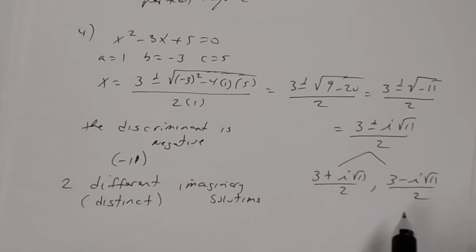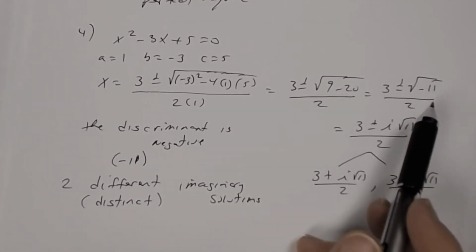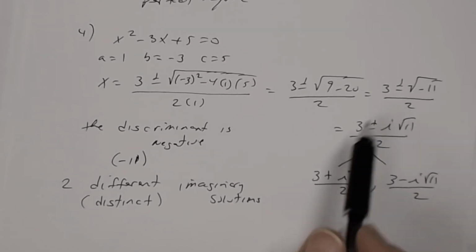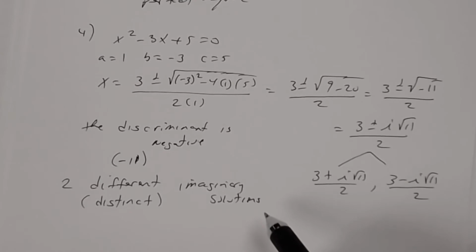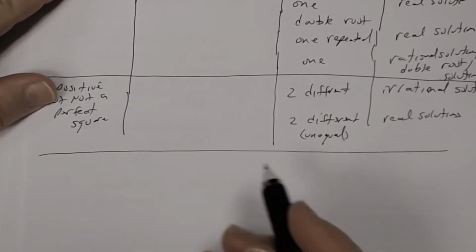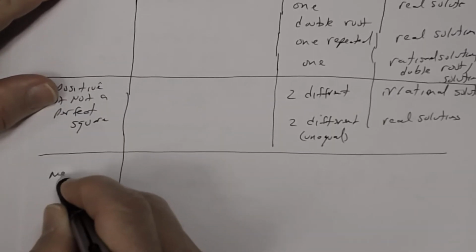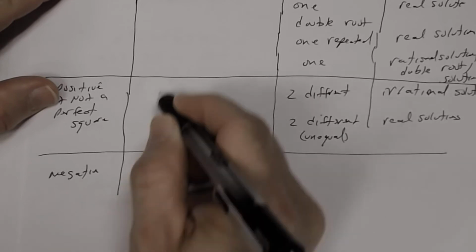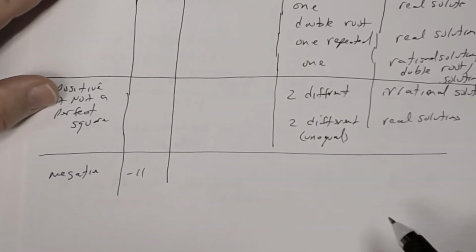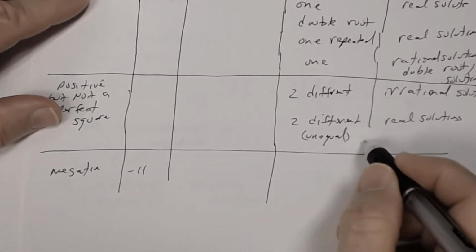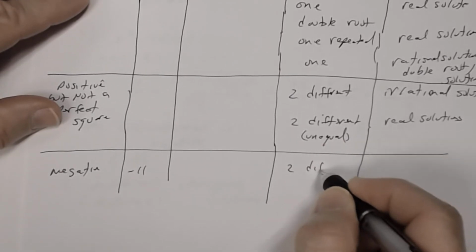Okay, imaginary solutions. Now remember, those are not real solutions. So if the discriminant is negative, you don't get real solutions, you get imaginary solutions. All right, so let's summarize this for number 4. If the discriminant is negative, for example, let's say the discriminant is negative 11, okay? We're going to get 2 different